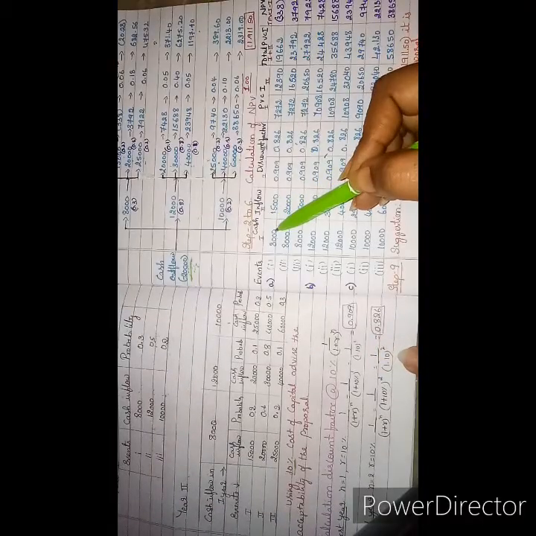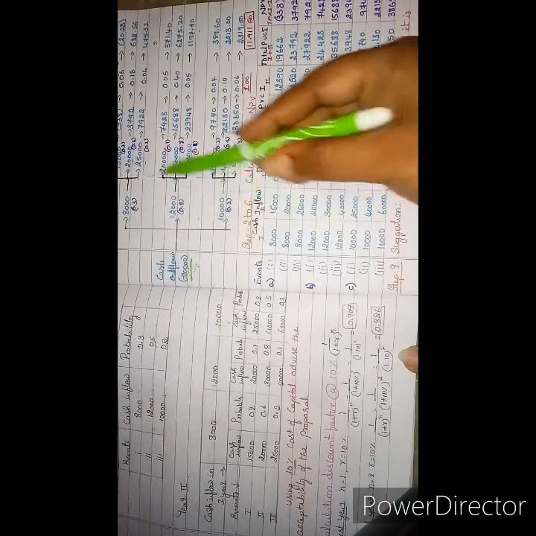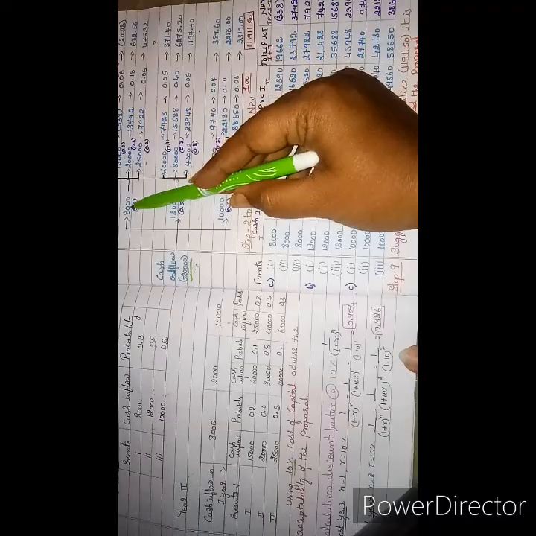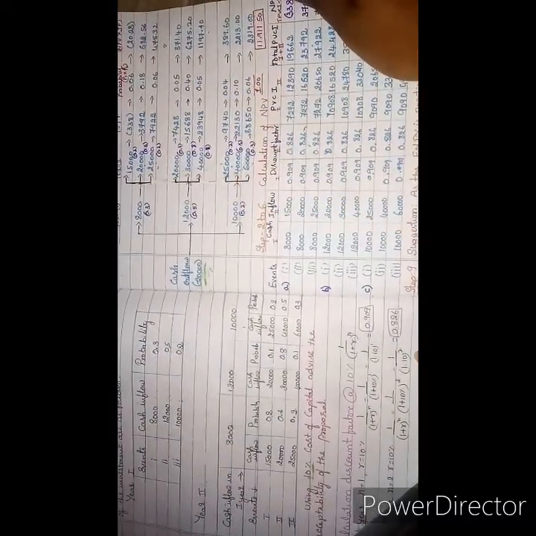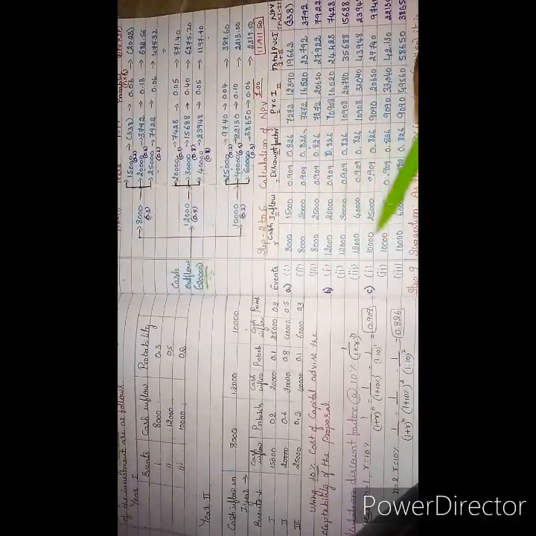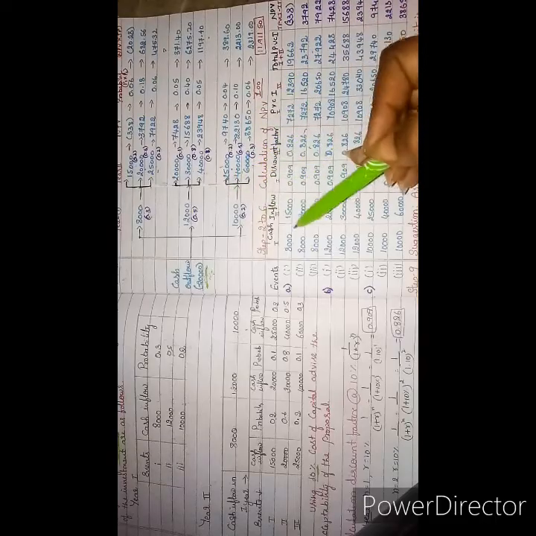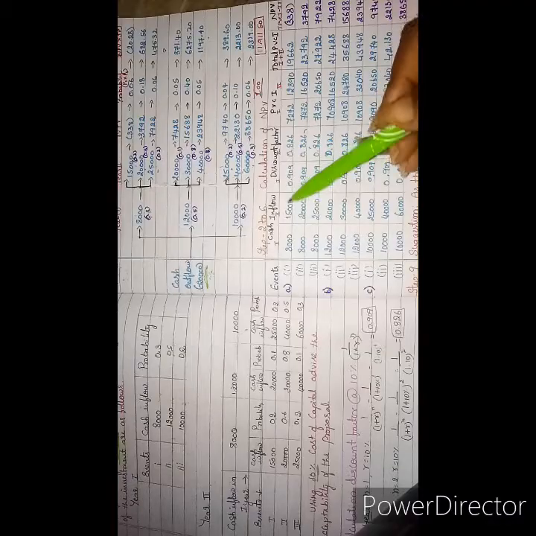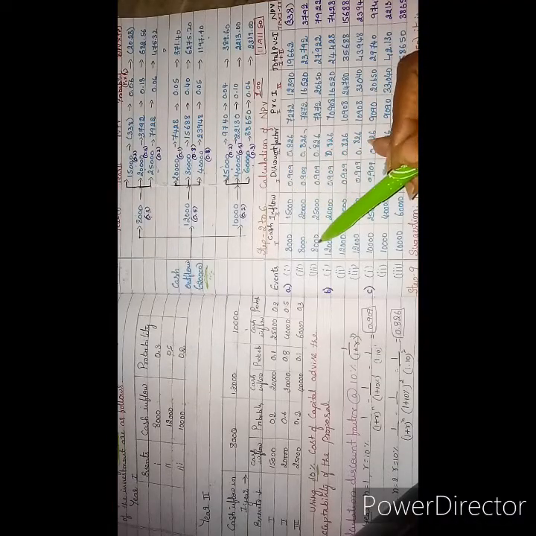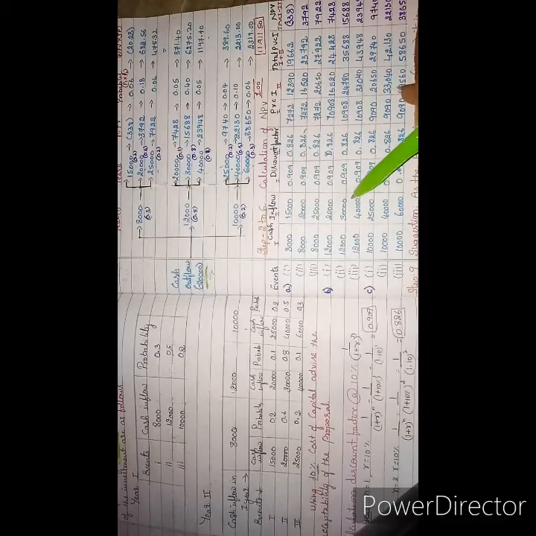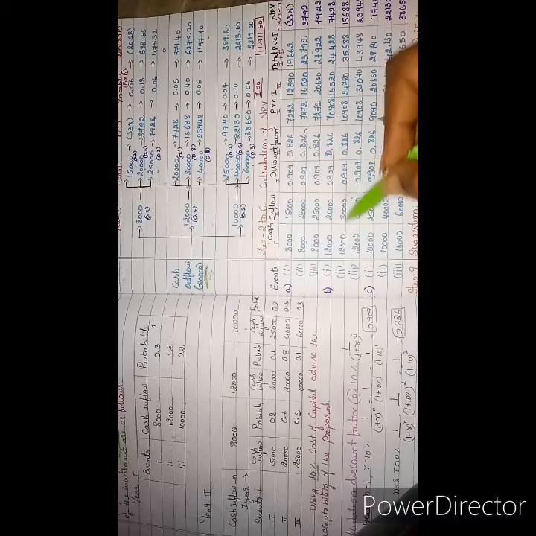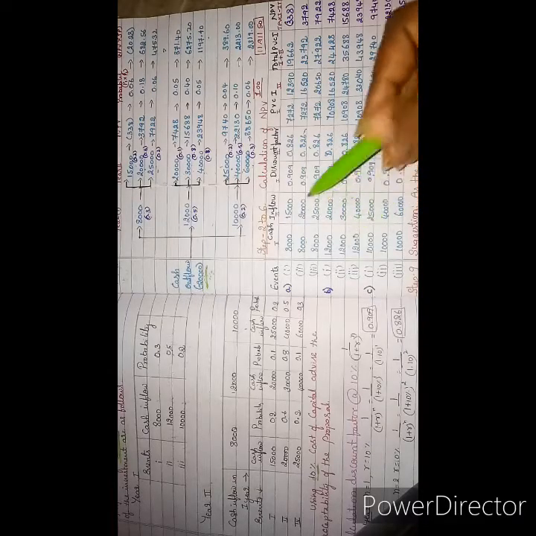We can write 8,000, 8,000, 8,000, because you can see 8,000 for three possibilities, that is 1, 2, 3, and next we have 12,000, then 10,000. So the first path is 8,000 with 15,000, 8,000 with 20,000, 8,000 with 25,000, 12,000 with 20,000, like that. Now you have identified the cash inflow. After identifying the cash inflow, there is one more way you can identify it, like the events.